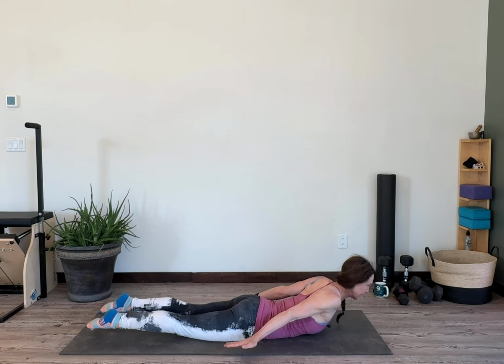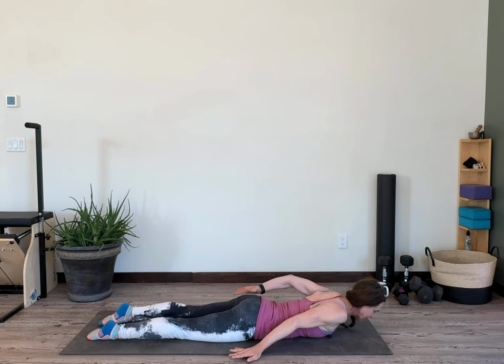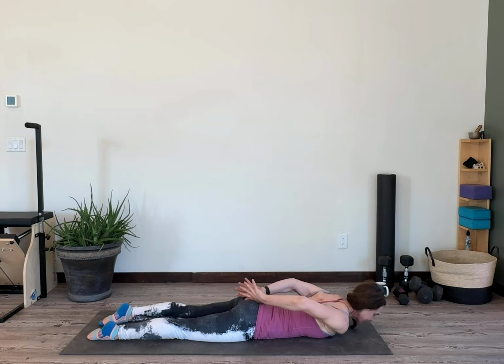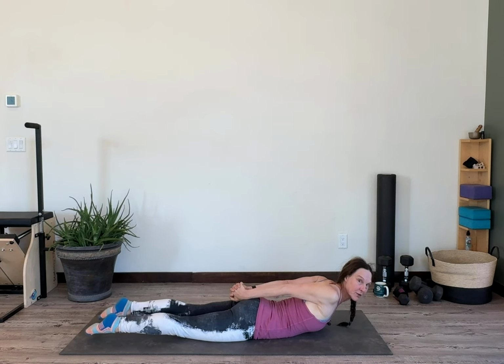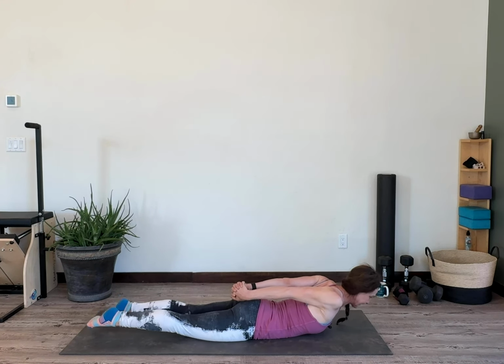1 more set. Lower for a moment, and if you want to put your hands at your low back, you can either rest them or interlace them. Now come up, inhale, and lift. Good, and if you care to add on, add a flutter for 10, 5,